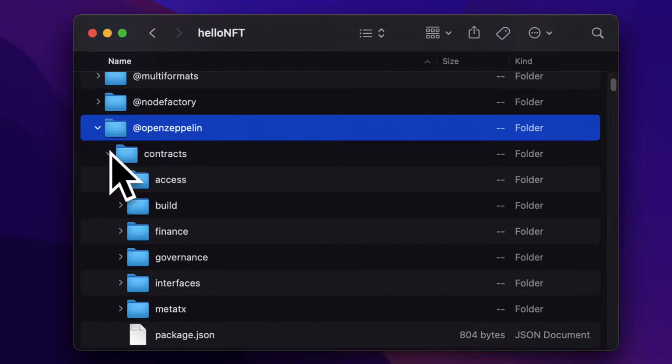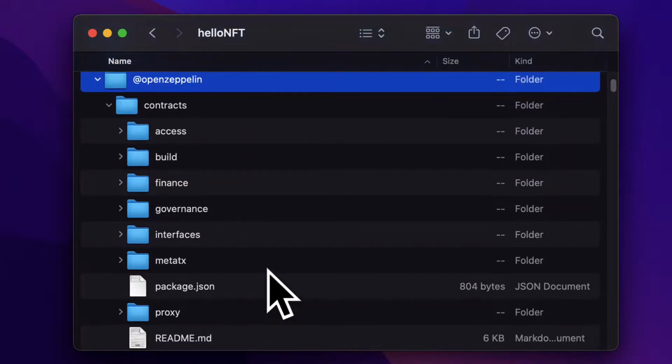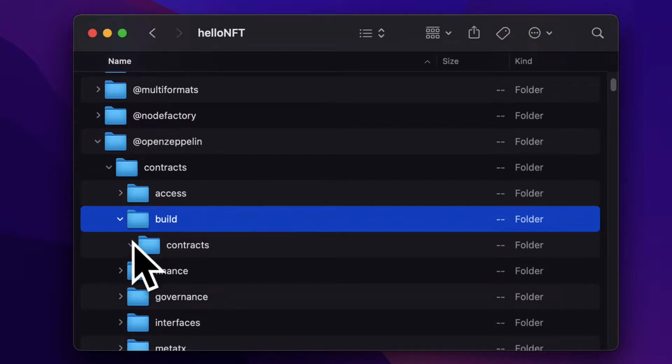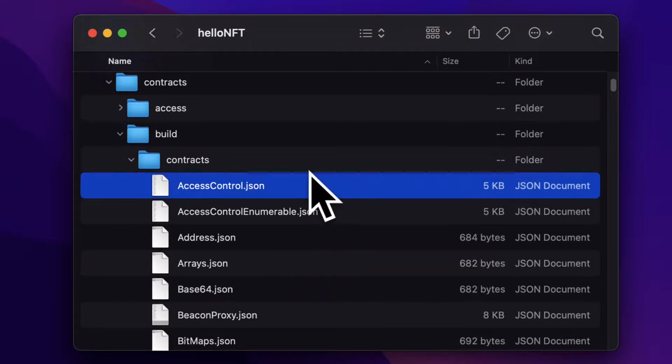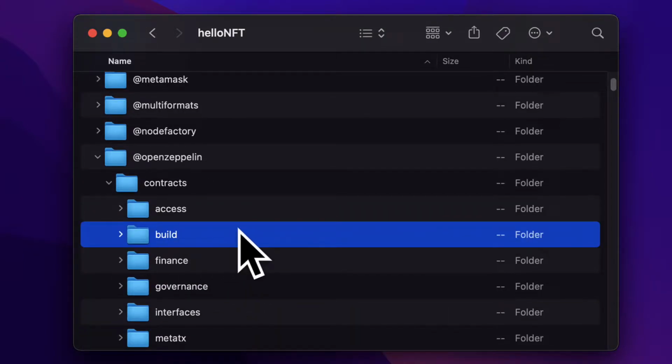OpenZeppelin itself has contracts, and you have different folders in the contracts folder. The one that we're interested in is the build folder. This contains the contract artifacts. You see there's build contracts, then you have JSON files. These are contract artifacts. So we can copy that build folder with Command C on Mac or Control C on